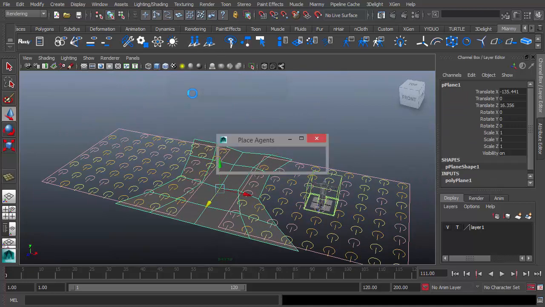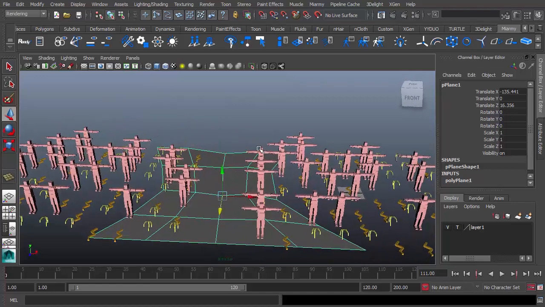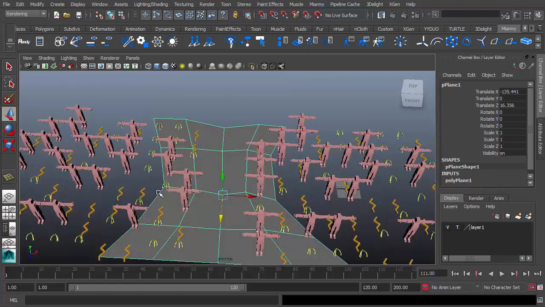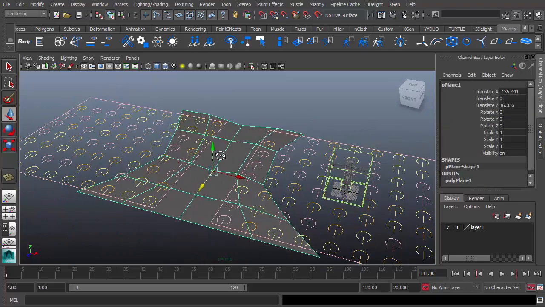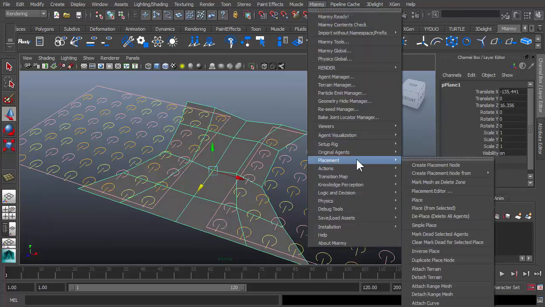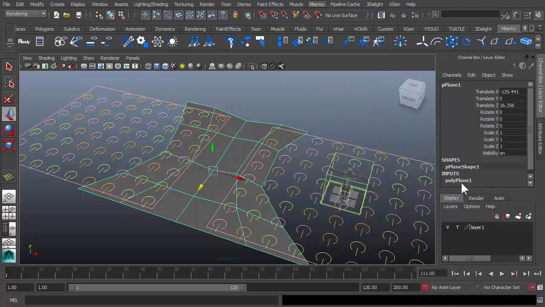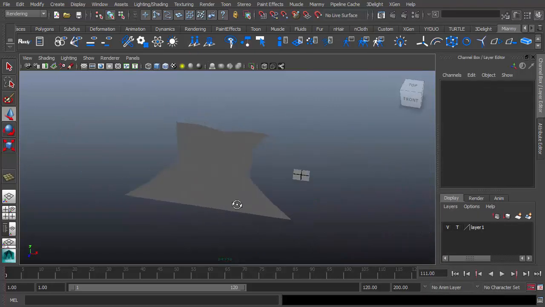And when we place our agents, of course you can use some other way to hide them, for example mark dead to hide these agents, but there's a simpler method. We can select this zone and click the placement and mark mesh as the delete zone. Okay, and at this time when we place our agents,